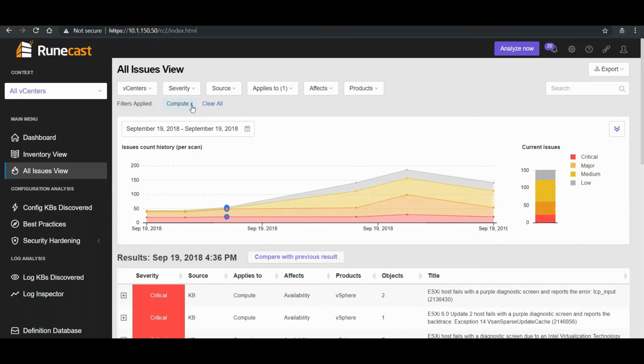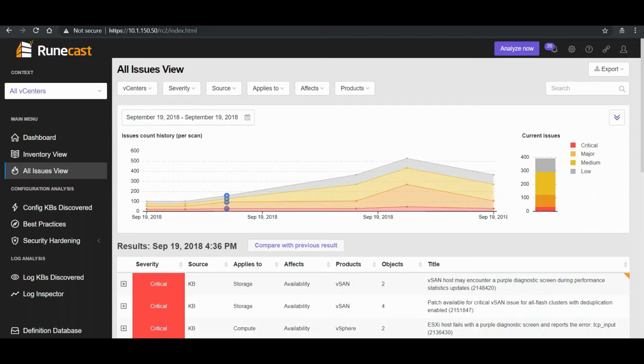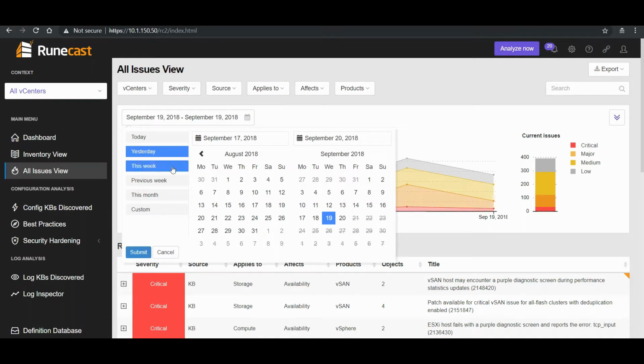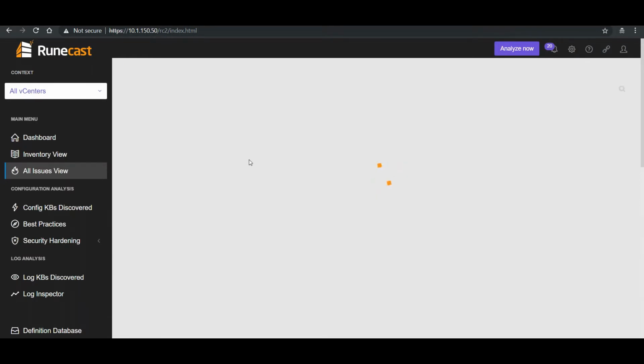One more thing I can recommend to those who are involved in compliance and security profiles: you can use this to report the compliance status. So I can select, for example, this week range. In your case, it could be the month or up to a year. I will let the system pull all the results, and then